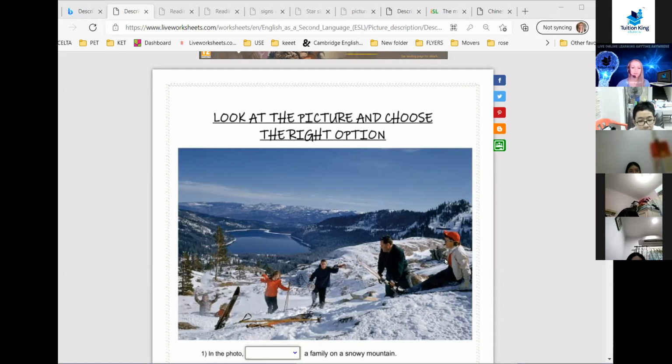How about the weather? How is the weather like? The weather is in winter. It's so cold and we have many snow. Okay. What do you see in the background? Many mountains and a big lake. Perfect. It's a big lake as well. Cool. Okay. So that was much better now.